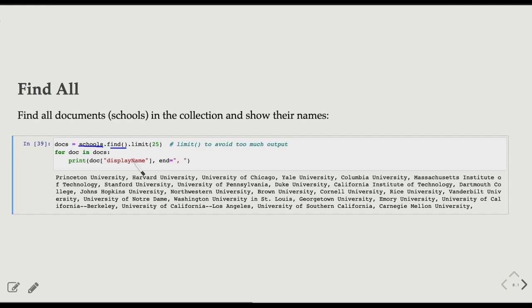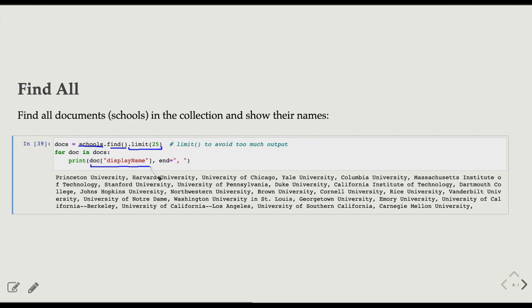But just so that we can show the schools here, we want to limit the list of schools to 25. So we can use this limit method to limit the entire list to the first 25. And then we can use a for loop to go through every document or every school at a time and